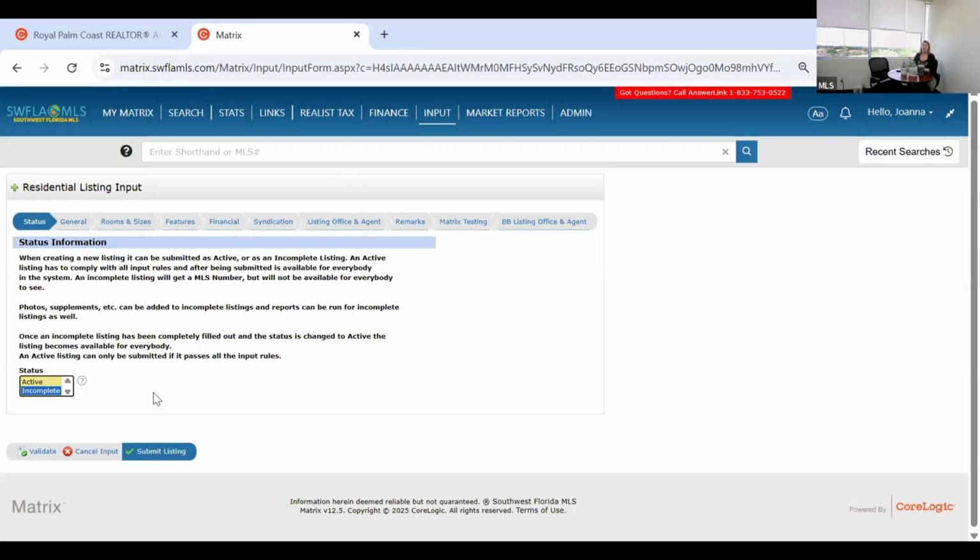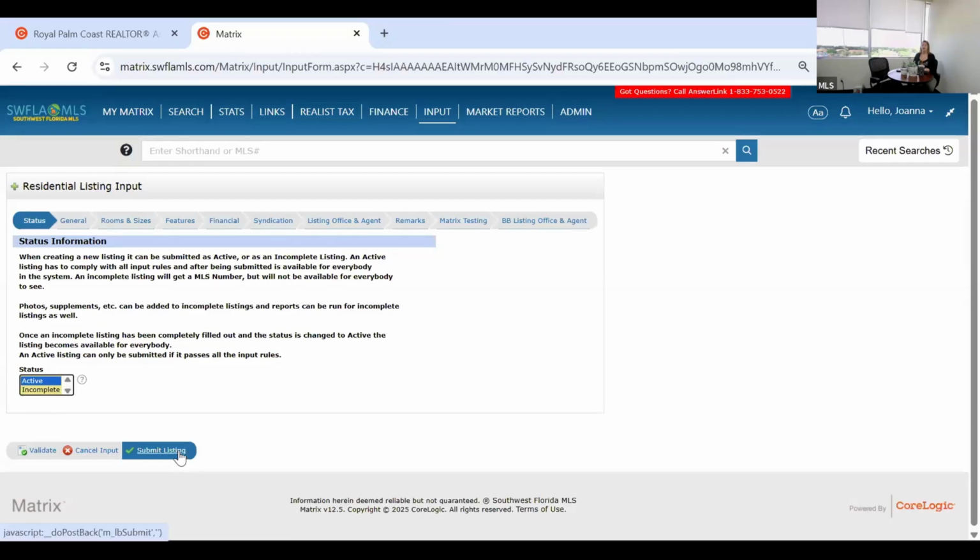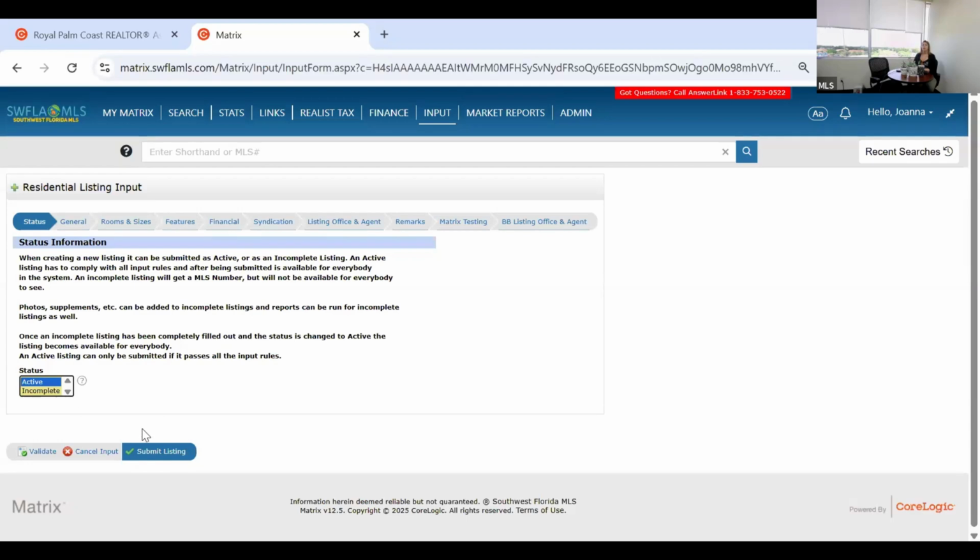No other realtor will see it. Nobody will be able to see it except for you. When you're ready for it to go live, that's when you'll click active and then click submit listing. Now, as we go through each of these tabs, what's important to know is if I were to click active